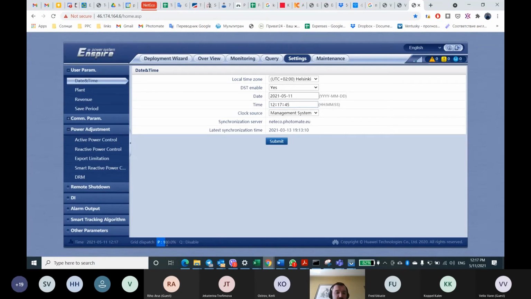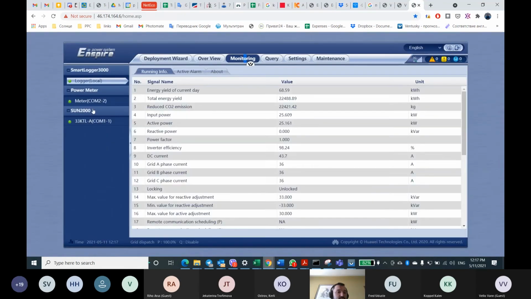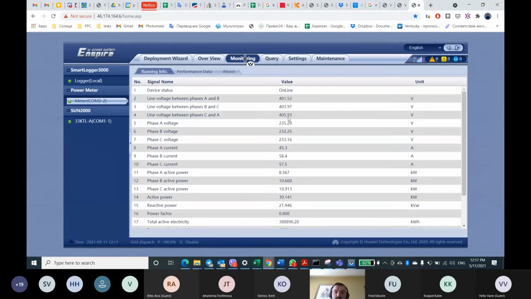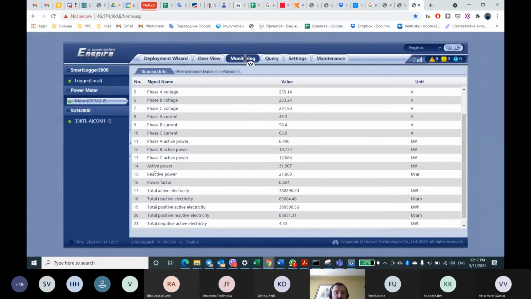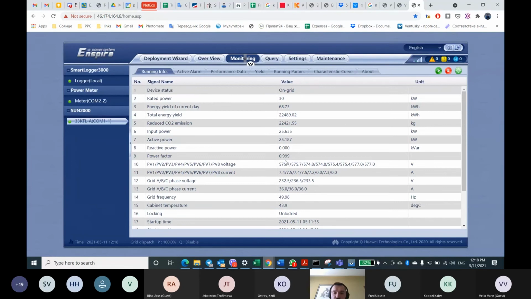You see here the grid dispatch command is 100%, because I'm quite sure that the meter is positive. So this object is now consuming 29 kilowatt, and the inverter is producing less, only 25 kilowatt.